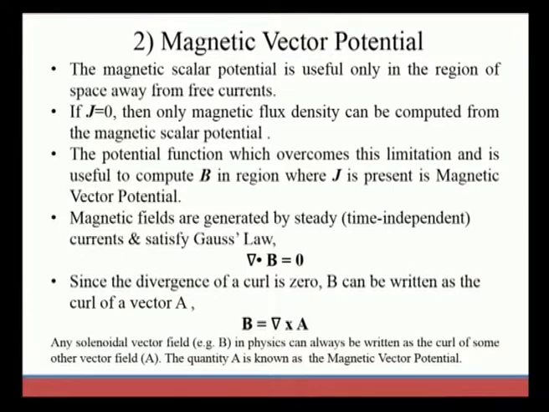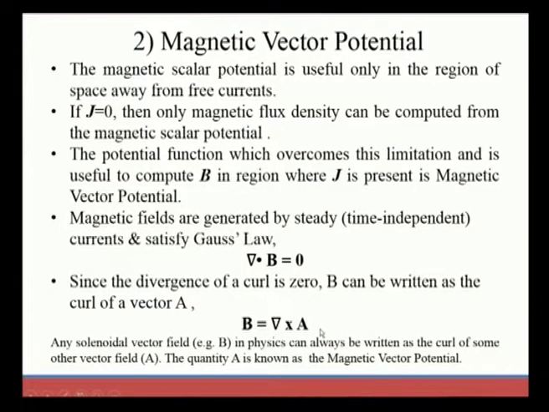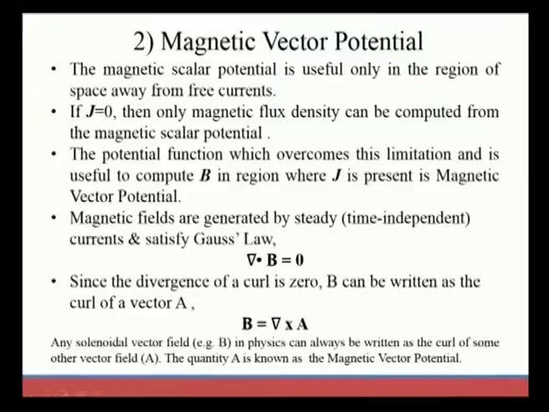One vector field can be represented as the curl of some other vector field, is the concept that we have taken for deriving the formula. So, the quantity A is known here as the magnetic vector potential. For finding a vector field, we can take the curl of another vector. That vector represents the magnetic vector potential. So, here B is equal to del cross A. A is another vector field whose curl gives the magnetic field, and it is represented as the magnetic vector potential.